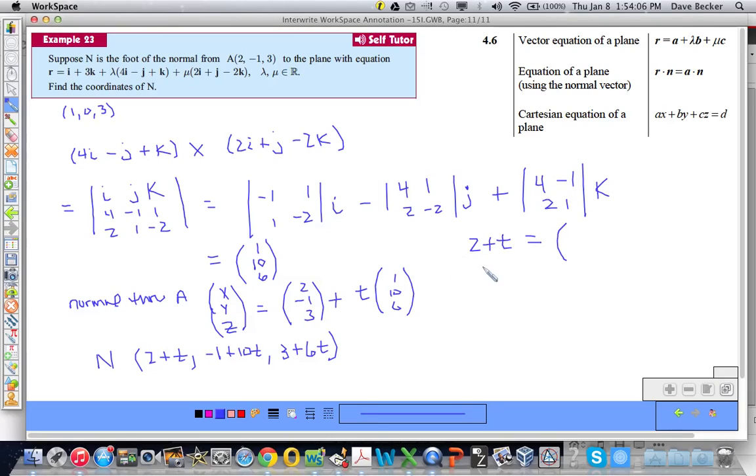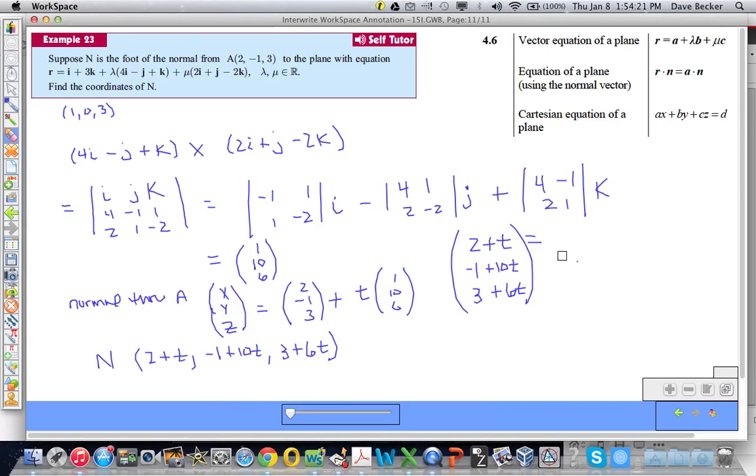Let's do it this way: 2 plus t, -1 plus 10t, just to make sure we're clear here, and then 3 plus 6t. Okay, so those are the components here. That must be equal to